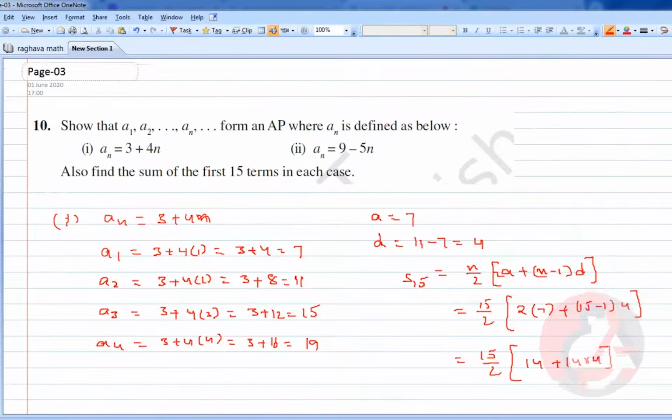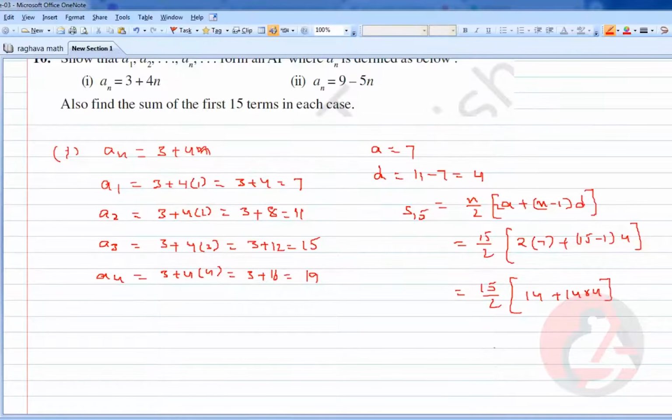Okay, please do the calculation. Let me know what is the answer. What's the answer? Please do the calculation. Let me know the answer. Please speak out the answer. I didn't open my Zoho window. Please tell orally your answer.